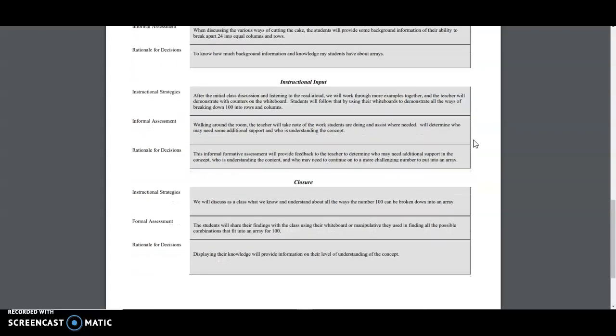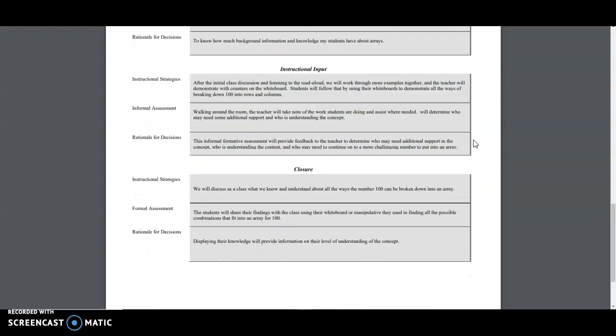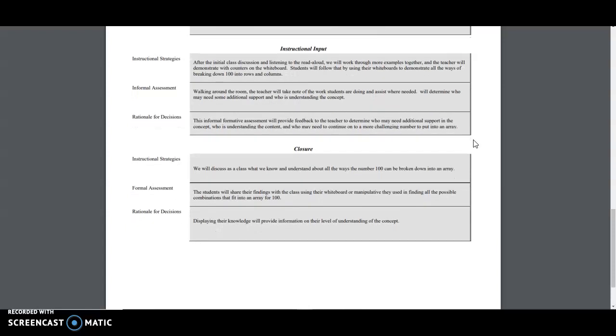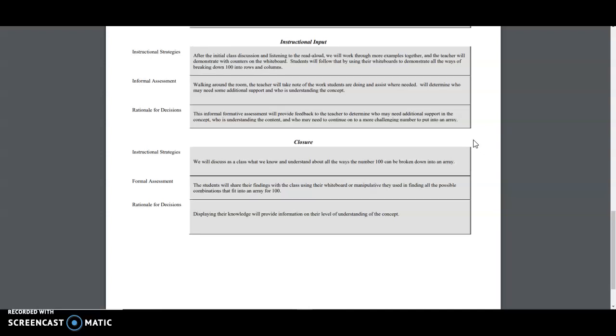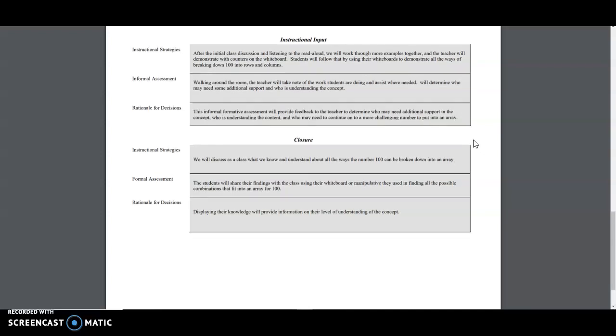In the instructional input, after that initial class discussion and listening to the read aloud, we'll work through more examples together, and then the teacher will demonstrate with counters on the whiteboard. Students will follow that by using their whiteboards to demonstrate all the ways of breaking down 100 into rows and columns. And the informal assessment will be in walking around the room, so the teacher can take note of the